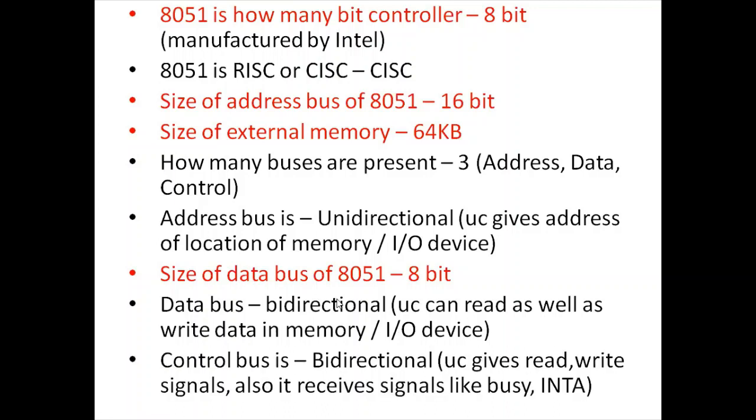Now, the third bus, that is control bus, it is bidirectional. See, definitely MPU is controlling everything. So MPU gives all the signals, read, write, all signals are given by MPU. But it also receives signals if the peripheral is busy, not ready to accept any input. So in that case, peripherals also give signal to the MPU that I am busy. Also interrupt acknowledge. So these signals are like input to the MPU, and they are all control signals. So hence control bus is also bidirectional.